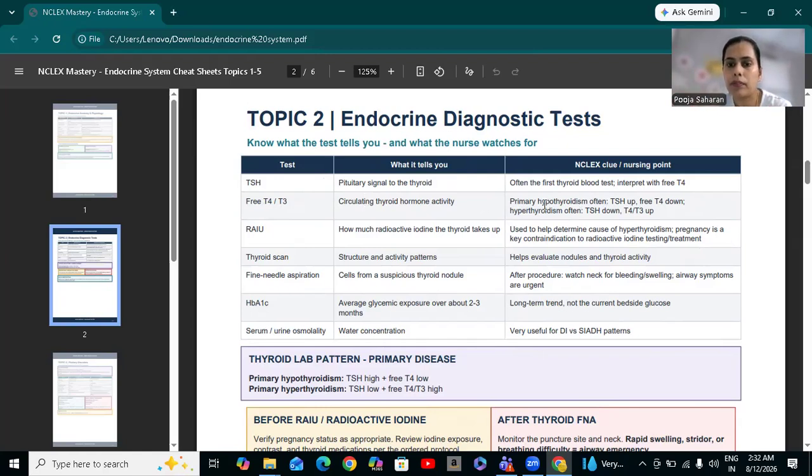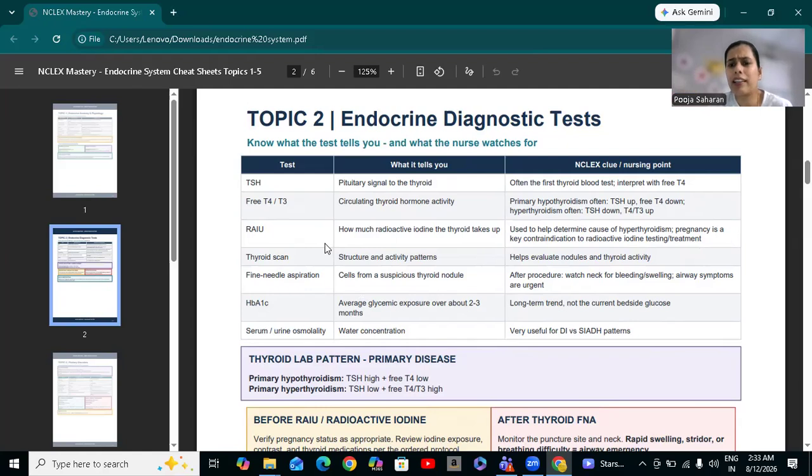Primary hypothyroidism. What is primary hypothyroidism? In primary hypothyroidism, the TSH goes up. Hypothyroidism means the thyroid hormone is low, so T4 is low, and then TSH will be increased. Next, hyperthyroidism. Hyper means increase, thyroidism refers to the thyroid gland. If the thyroid hormone increases, it tells the pituitary, please don't force me to release more hormone now, I'm already in excess.